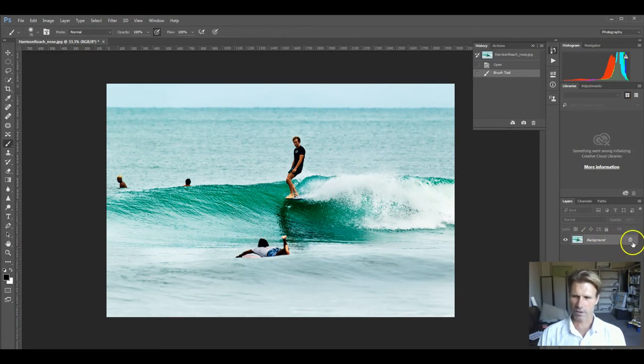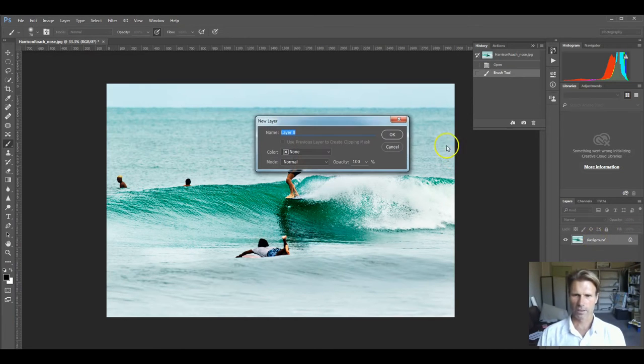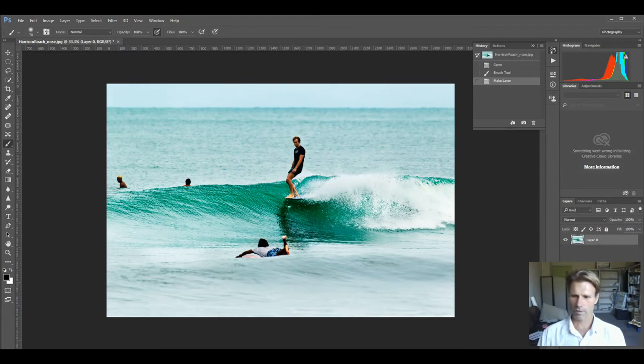The first thing to do is unlock this layer. So just double click and OK. Then we're going to create a layer mask. So we'll click the layer mask tool. We select it on the layer mask, then we click B on the keyboard for Windows, and make sure that our brush tool is selected, and we click D on the keyboard to make sure we go default, which is black and white, and then X to make sure black is on top. Okay, so black is on top here,